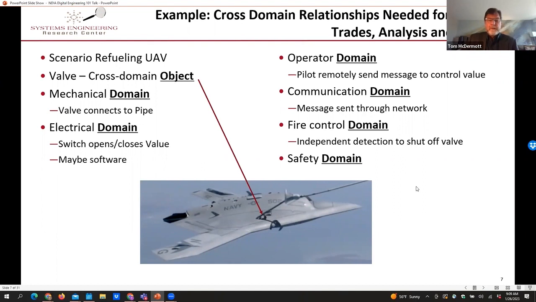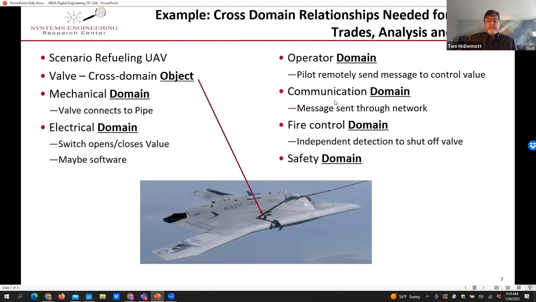We call that a cross-domain object. It's cross-domain not because it's a valve, but because it lives partly in the mechanical domain. It's a valve, and in the electrical domain, it's a cyber-physical system, so you have to open and close the valve. It lives in the operator domain because there's a person on the ground transmitting messages to cause that valve to be managed in different situations.